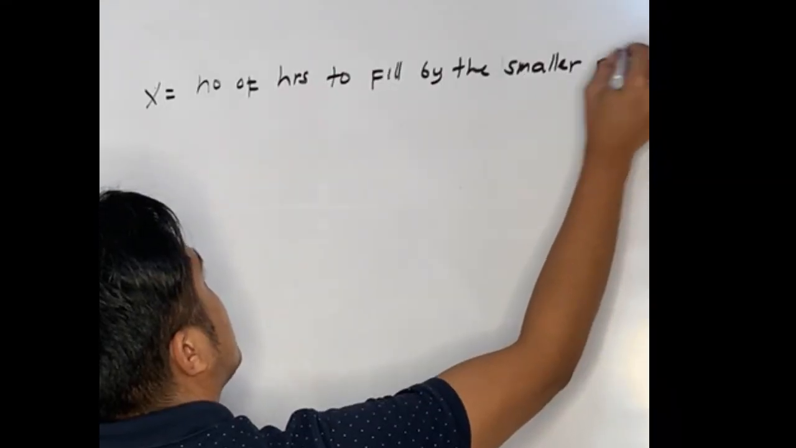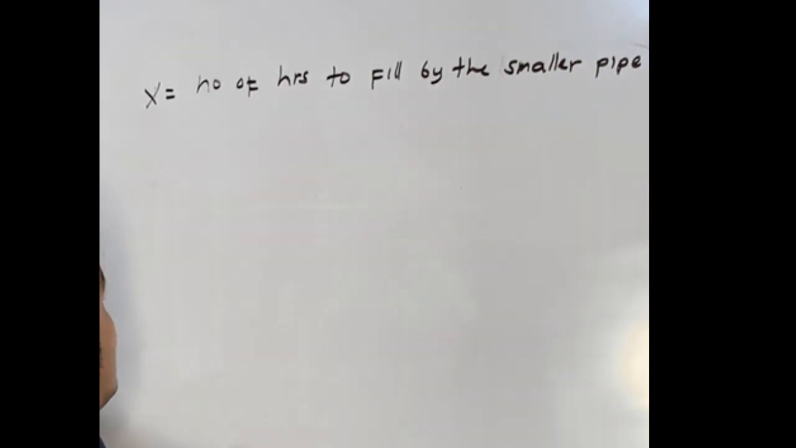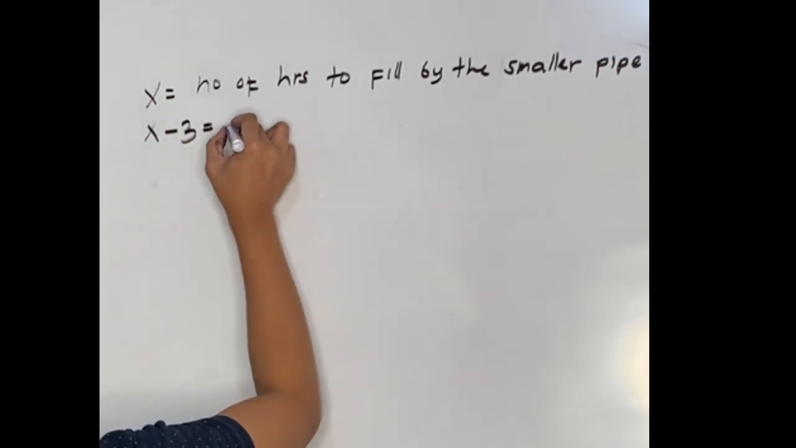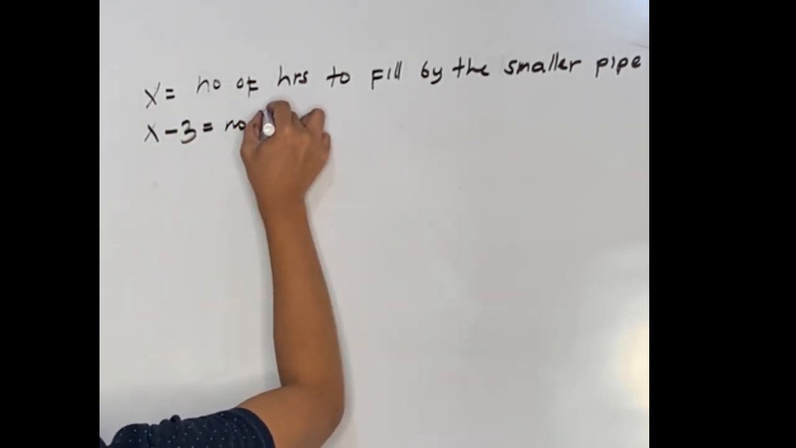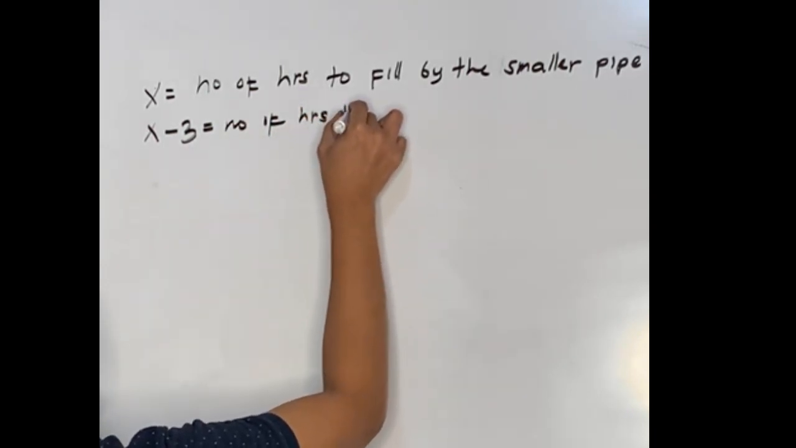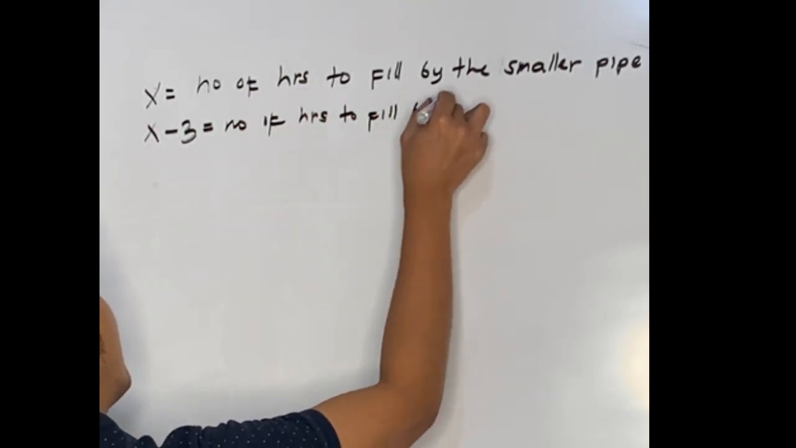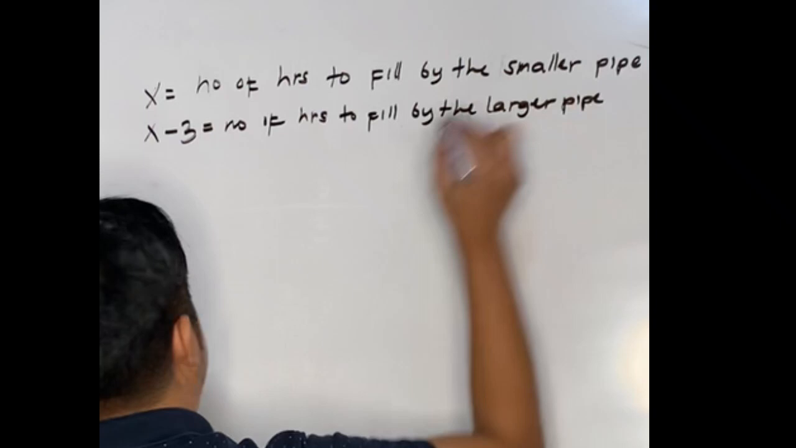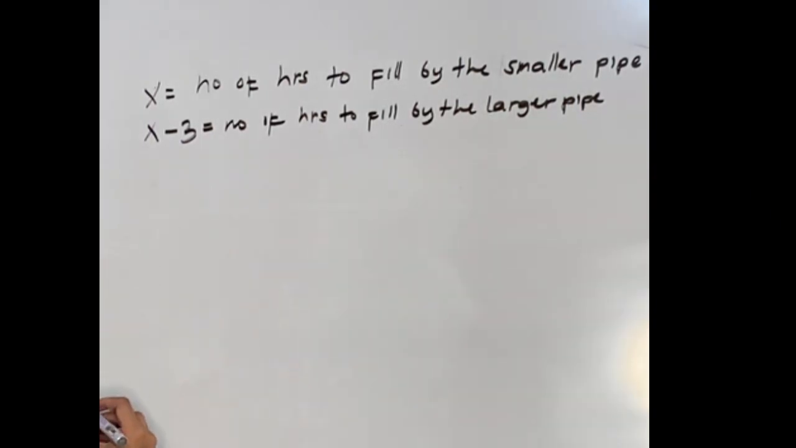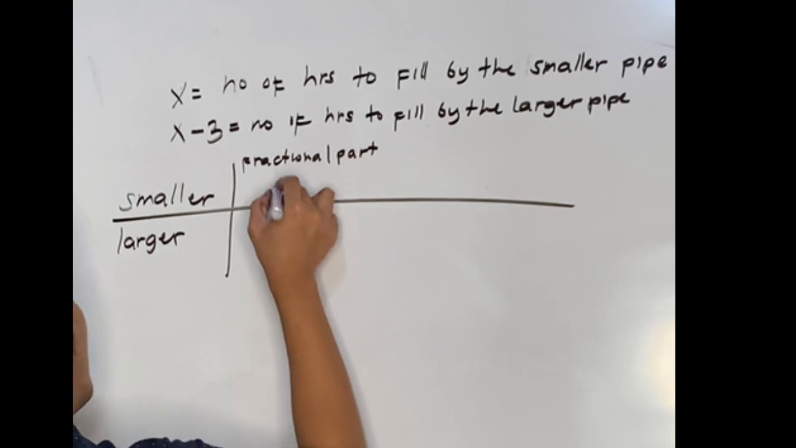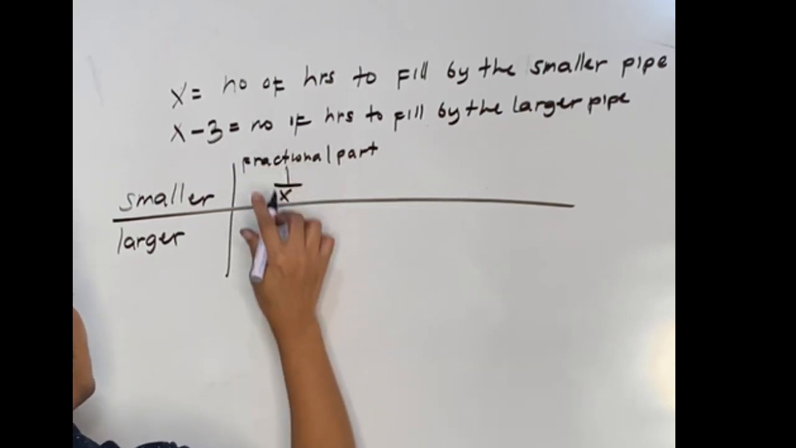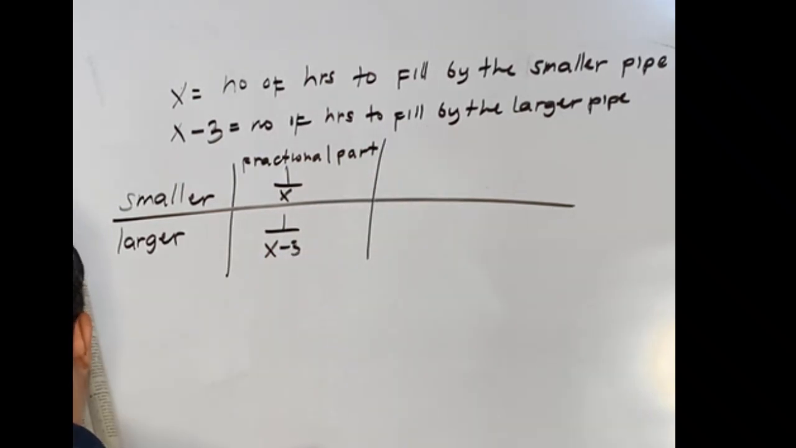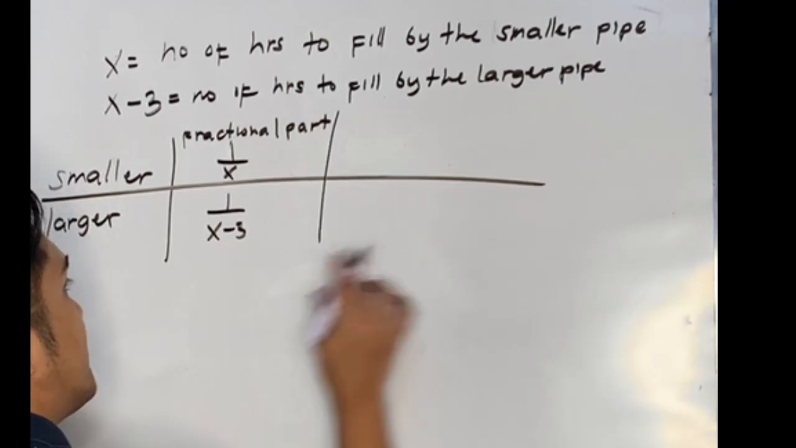So let x be the number of hours to fill by the smaller pipe, and x minus 3 will be the number of hours to fill by the larger pipe. So therefore, you will be having the fractional part 1 over x and 1 over x minus 3, and the time spent, 6 hours and 40 minutes, will be